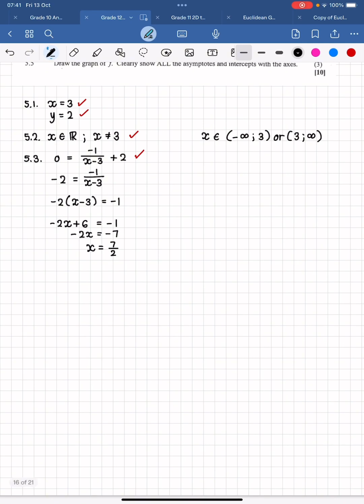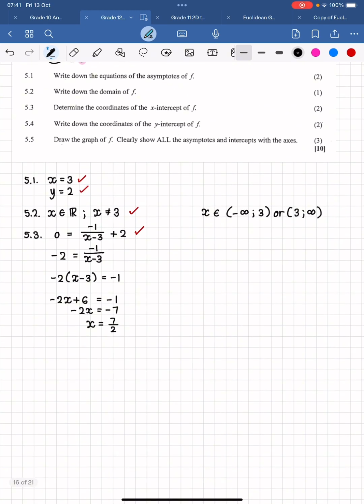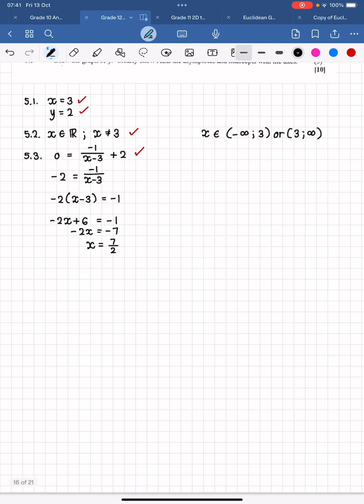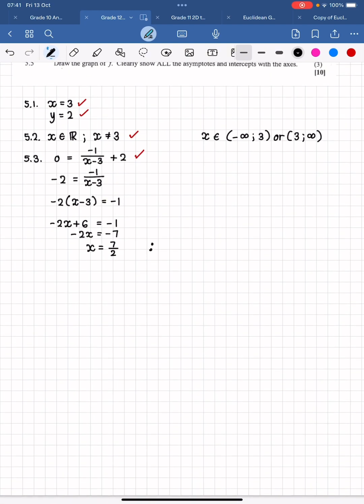All right, but guys, they asked for the coordinates of the x-intercept. So you can't leave your answer like that. You have to now put that in coordinate form. So you have to say, therefore, 7 over 2 and 0. And that is the second mark. So in this question, you actually have to work for those marks, right? The first 2 questions, it was very quick. You just write something down, you get marks. Here you make y equal to 0 for the first mark, and then you get a mark for your answer there. For the next question, 5.4,